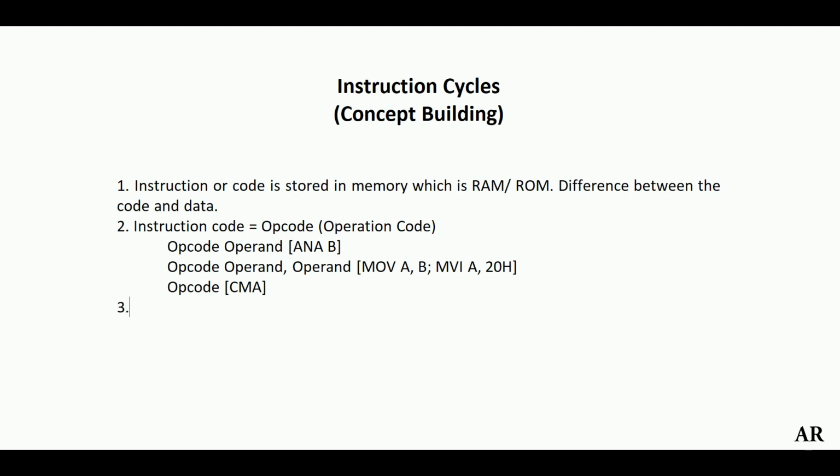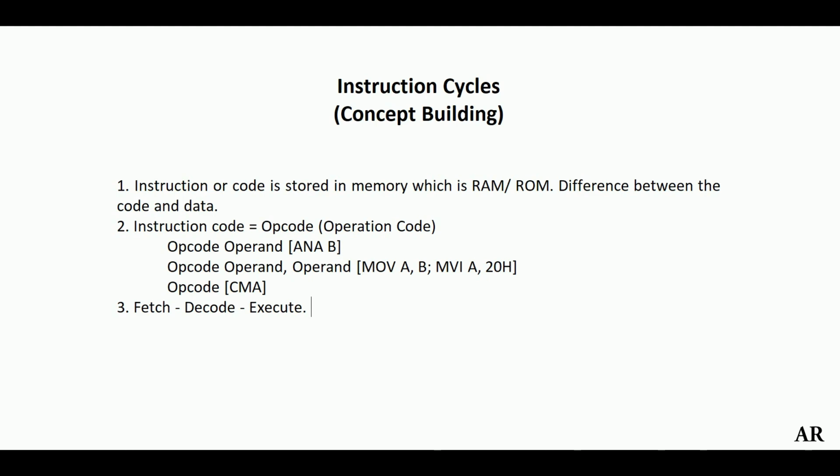Moving to the third point, any instruction or code needs to go through three cycles, which are called fetch, decode, and execute cycle. It is similar to fetching the ingredients for the dish you are making, decoding or understanding the process needed to make that dish, and finally executing the process to get the dish ready. As discussed, the instruction has to be fetched from the memory, whereas the data can be read from the input device or written to the output device. Also, it can be read from or written to the memory.